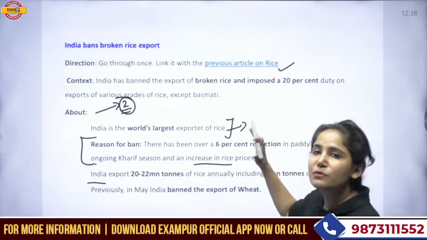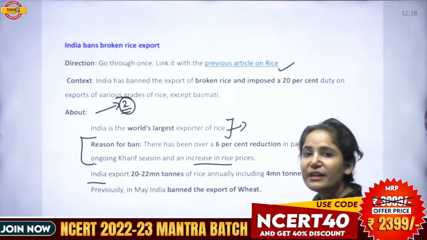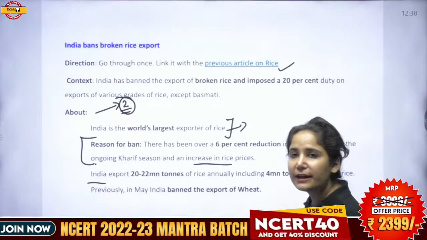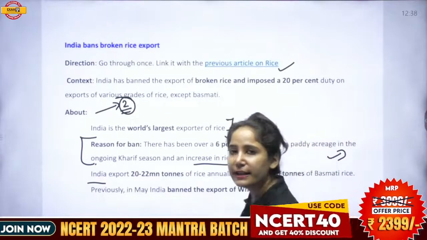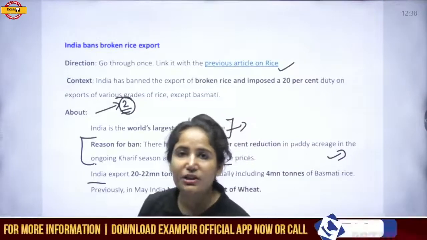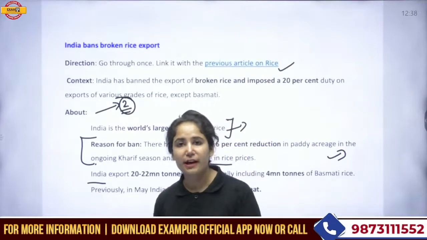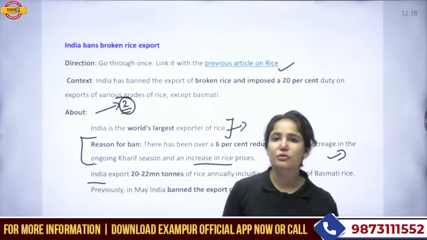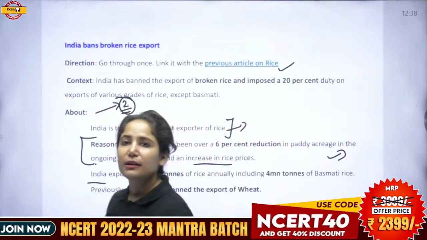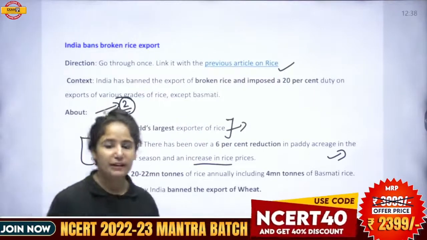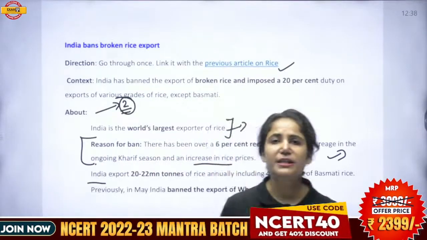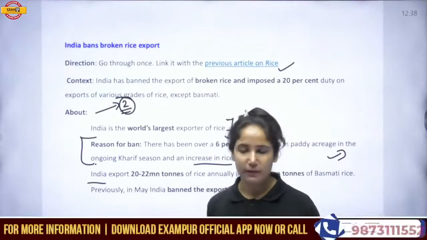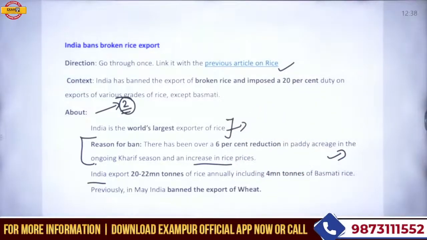And why have we become less competitive in it? We have increased the prices of rice. Why? What could be the reason behind it? You have already studied in the last articles that production has been disrupted by the uneven monsoons, and you see the hike in transportation prices due to the energy crisis. Everything adds to the price. If there is an increase in prices, there would be less demand.